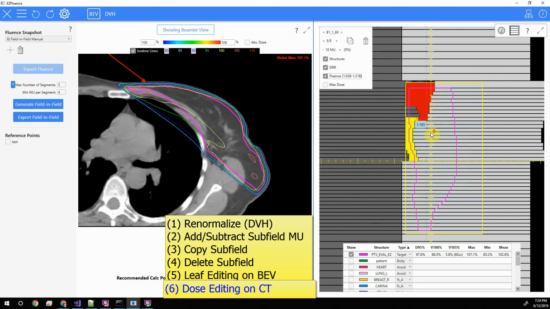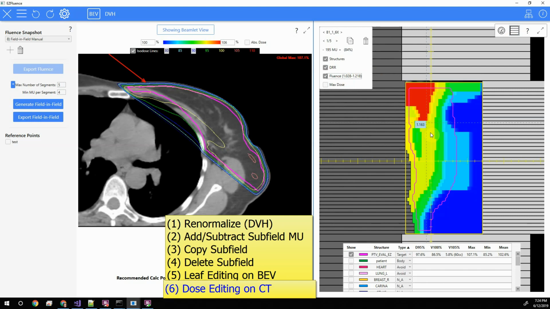Now finally, the sixth method of editing your field and field. So this is editing the dose on the CT slice. The first thing to be aware of is that if you simply click or drag, you can see the crosshair in the beam's eye view is updated to show me which part of the field irradiates where I'm clicking. So it's a very nice way to determine which part of the field is affecting a given part in the